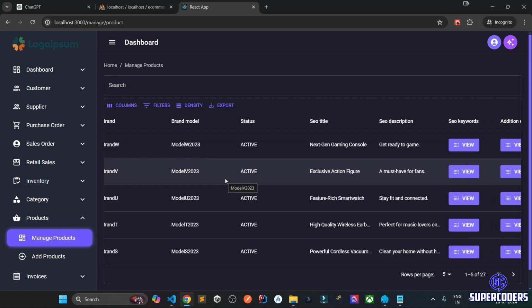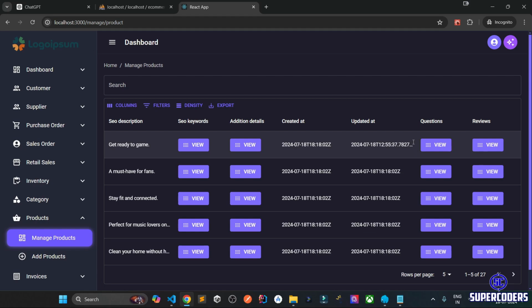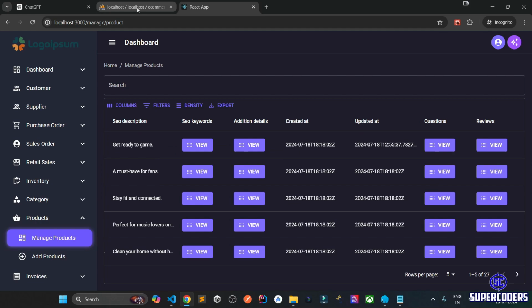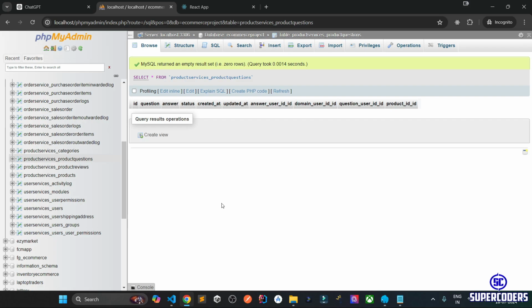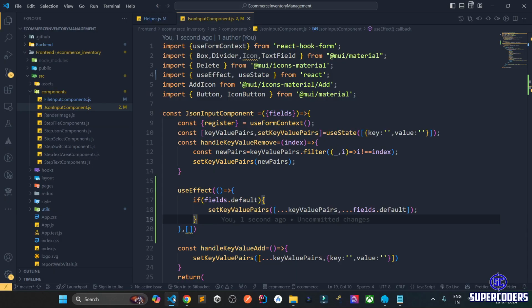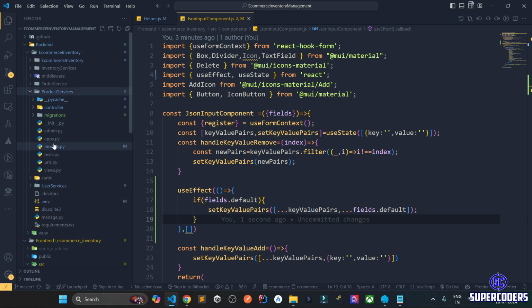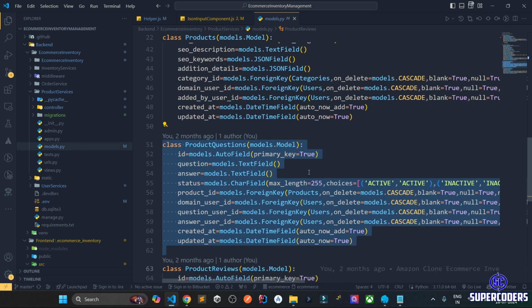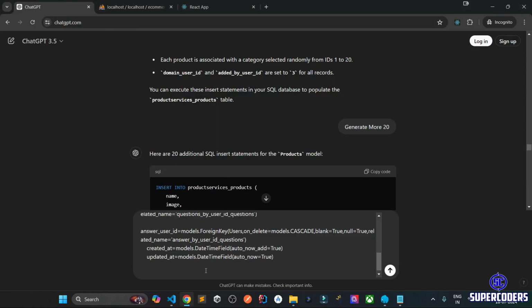Now let's import some dummy data for our questions and reviews, because next we are going to work with these questions and reviews, creating the APIs and working on that. So what I can do, just come to my database, open the questions. After that, let's create data for questions. So coming to VS Code and open my database model, product service, models, and just copy my product model, come into Chrome, come into ChatGPT, paste it,